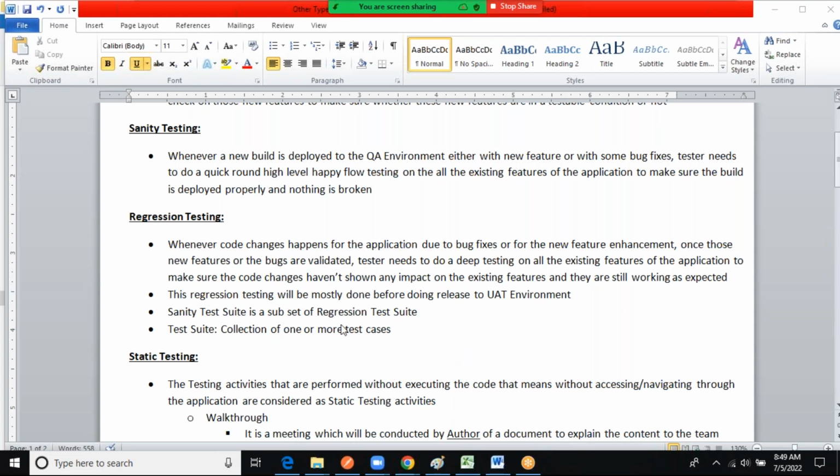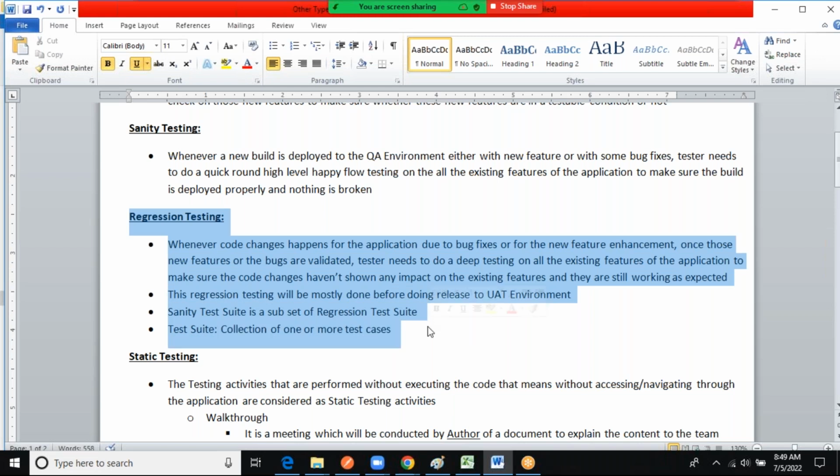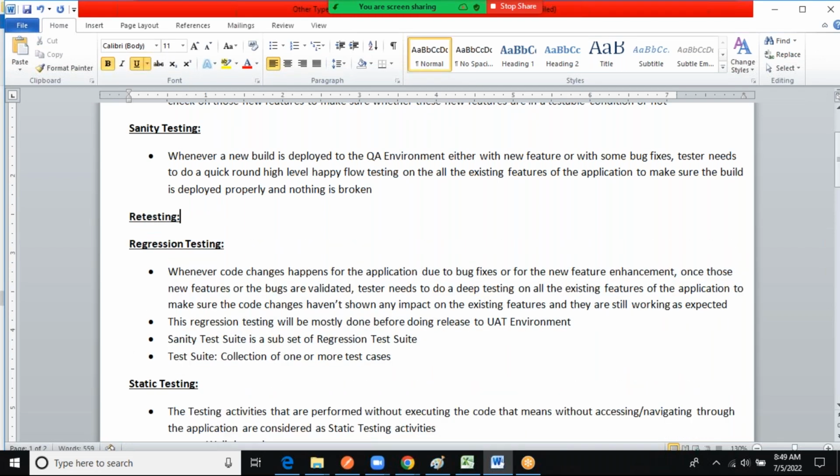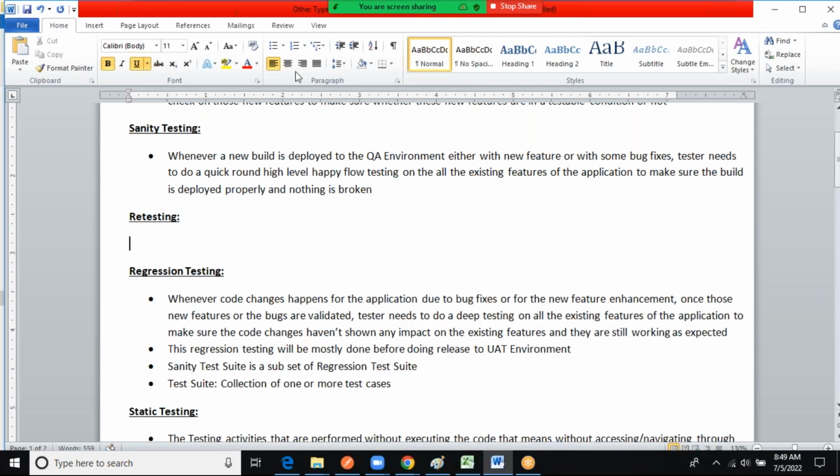Any questions from anyone? So there is another thing as well, retesting. What is retesting? This is a word normally used for defects. So whenever a defect is fixed by the developer,